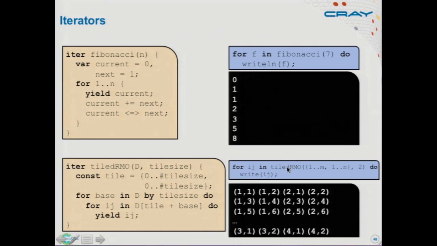And the benefit here is a lot like the benefit of using normal procedures in straight line code, right? I can reuse this somewhat complicated idiom many times in my code just by naming it. And I can customize it through arguments, for example. Or I can change the definition in one place and change all of my loops. So this is much better than going to every loop that's a tiled row major order and changing it when you want to change the tile size or something like that.